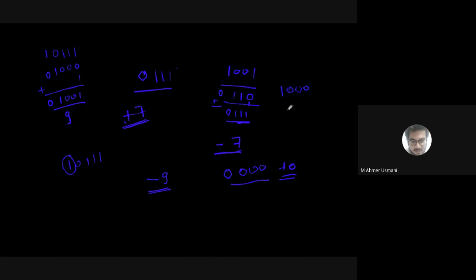Can you tell me what is this number? It is -0. It is minus, that is for sure. That means it is stored in its 2's complement. So take its 1's complement, what will it become? 1110. Add 1 to it. 1 plus 1 is 0, carry 1. 0, carry 1. 1. What is this number? It is 8.